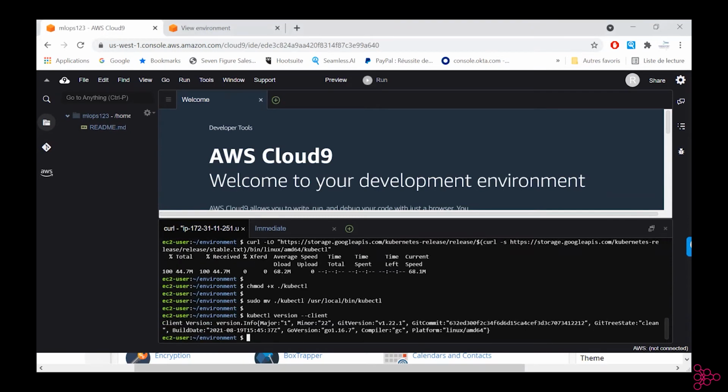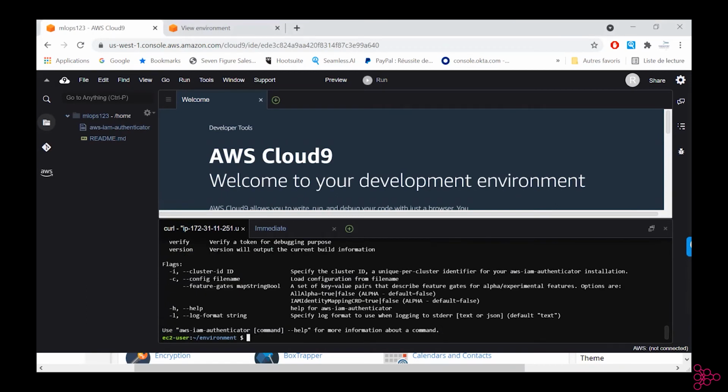So we'll download and then install the command. After that, we basically need an authenticator, because right now, even if it's on the same cloud, Cloud9 shouldn't be allowed to communicate or interact with any other resource.